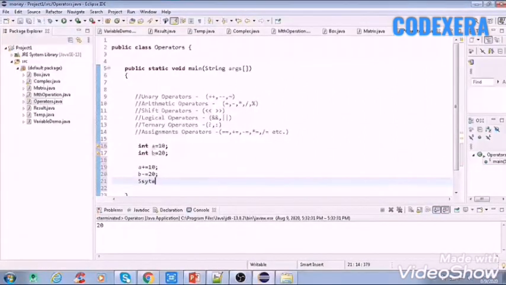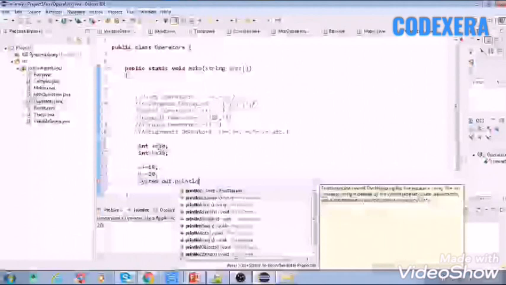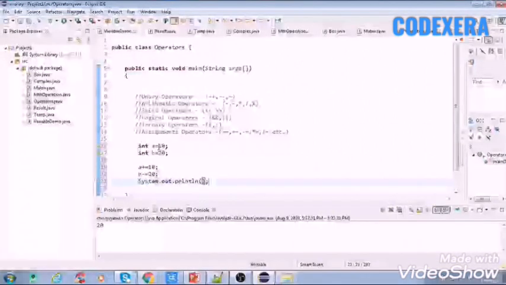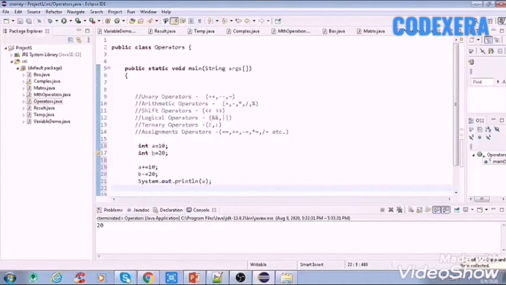Now if we print the value of these two variables, then we'll see some changes happened in it. We have given the value of A and B as 10 and 20 respectively, but let's see what the output will be.